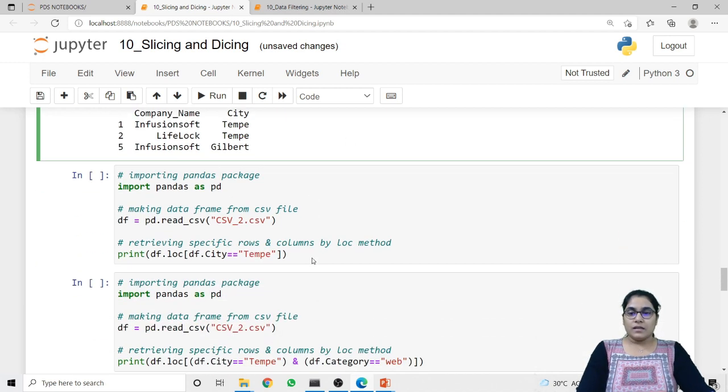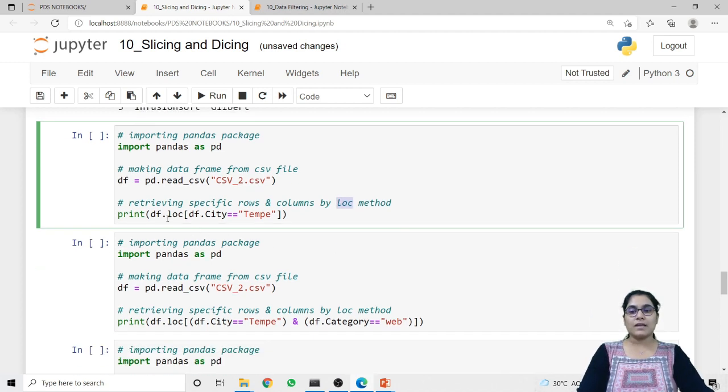Right. Now if I want to fetch the data based on some condition, I want to fetch the rows based on some condition, then also I can do that using the loc method. So here I am using this df.loc method to specify some condition. In my data frame, I have a column named city. So I want to fetch the data for the city value temp only.